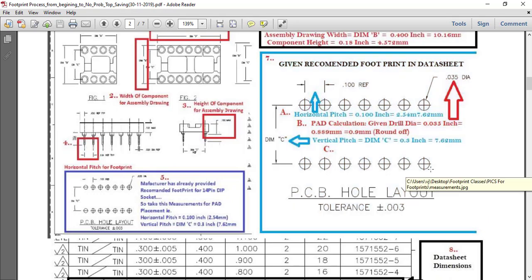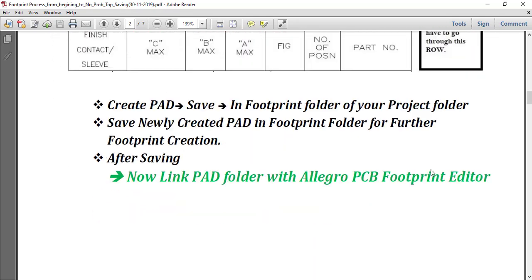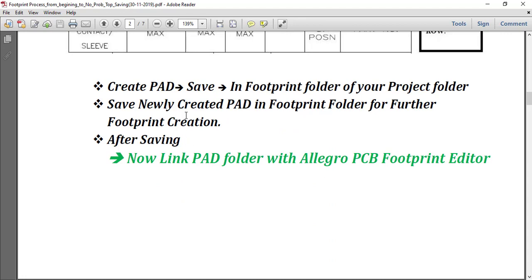Now we will go to the next step of footprint creation. First, create the pad, which is already created and saved in our footprint folder. Now I will show you where my pad is.